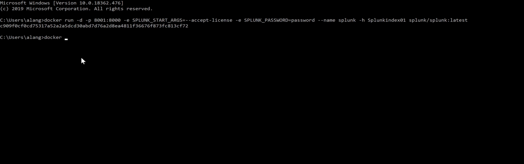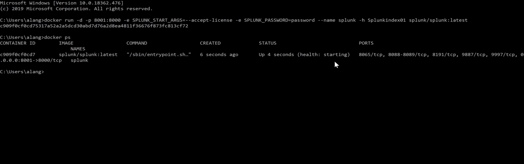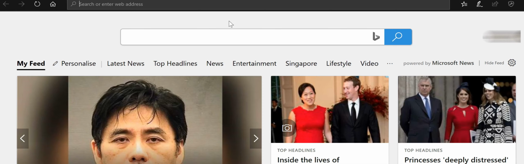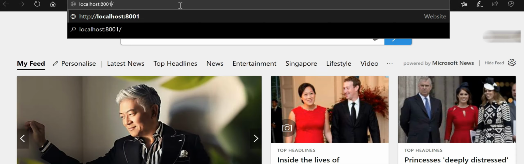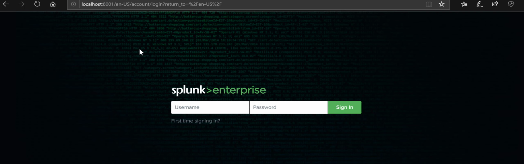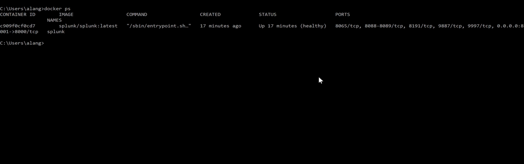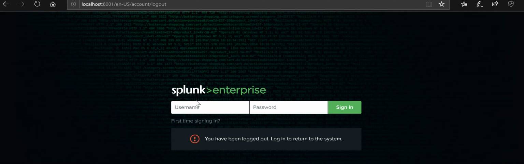Alright, so docker ps, I have the Splunk starting up, and from here you can see that port 8001 taking from 8000. So if I go to localhost, let me show you, hold on. 8001. You can see that I'm in Splunk. So basically I'm forwarding the port of the container to my local host. So let me show you the Splunk web first. So I go in, let me log in,